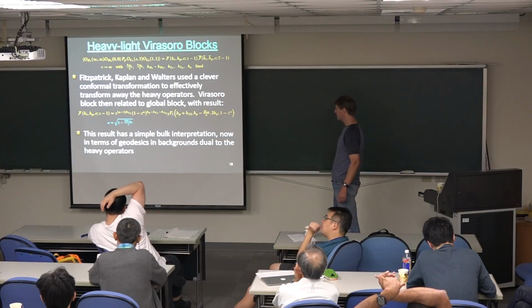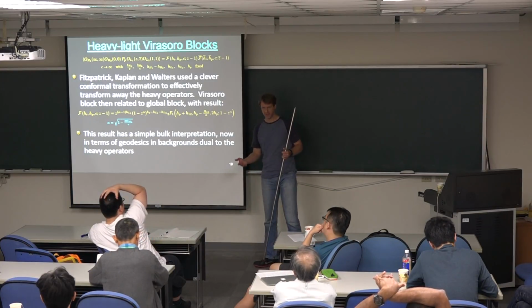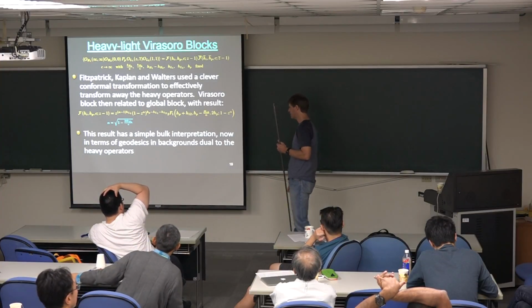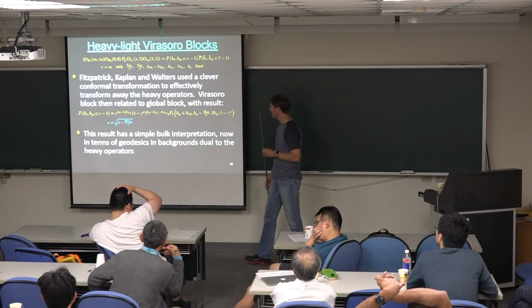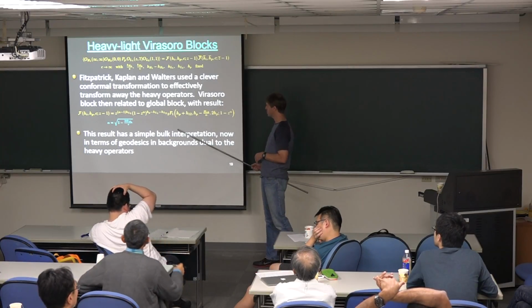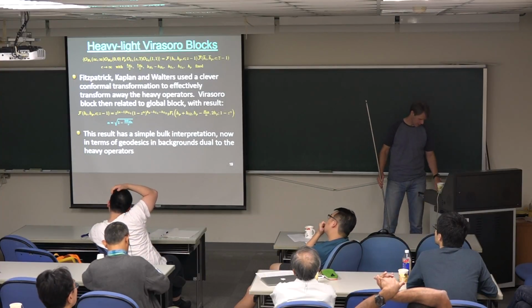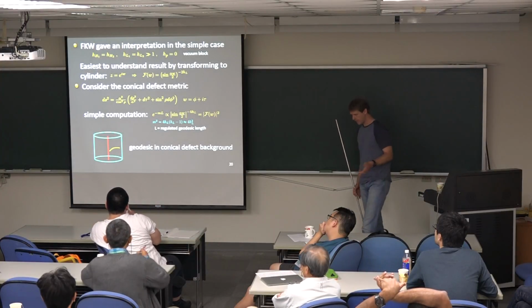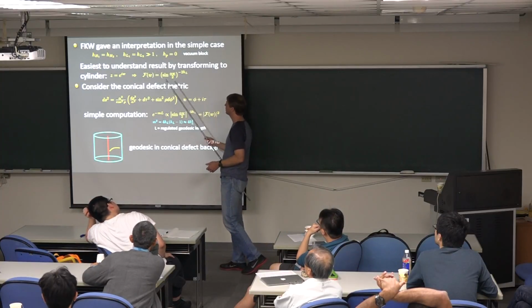And as we'll see, this has a nice bulk interpretation, and I'm pretty motivated by that. It's going to have an interpretation in terms of geodesics, but now in backgrounds that are dual to the heavy operators. And we also want to explain what the exchanged operator corresponds to. So the first hint of this was in fact in an early paper,